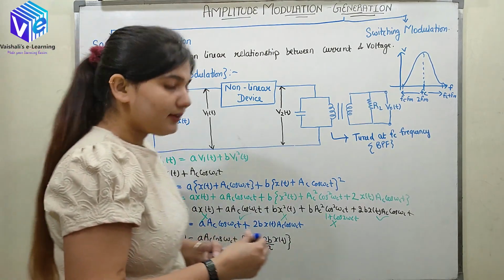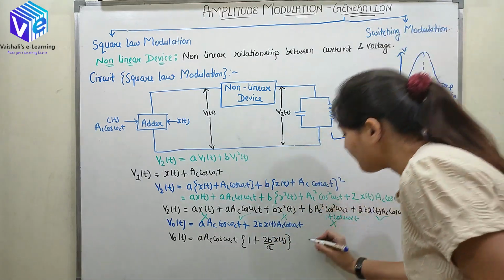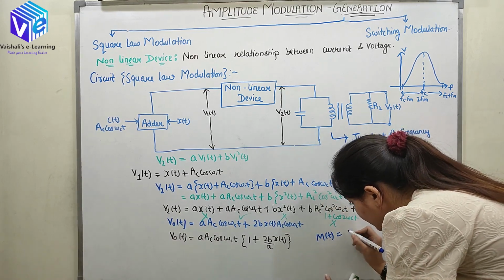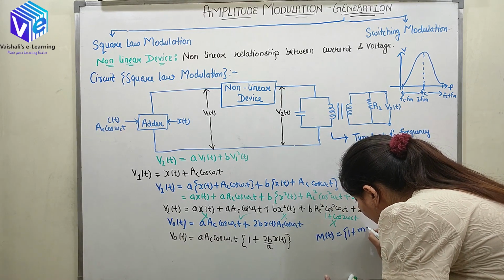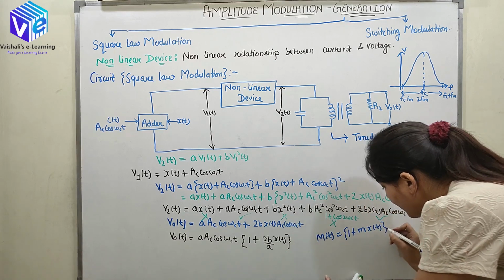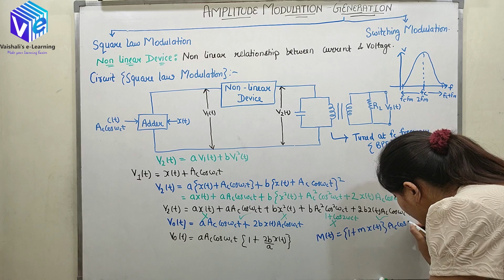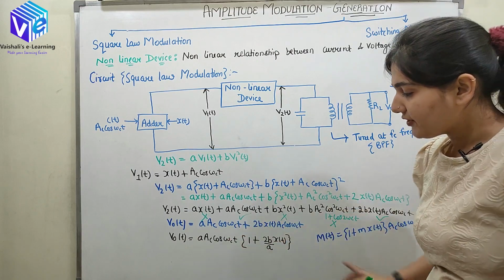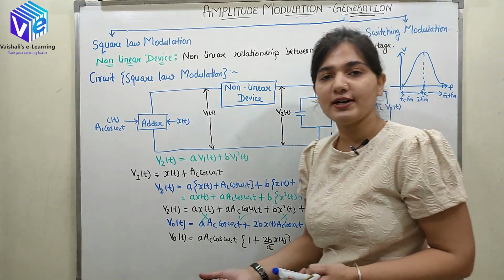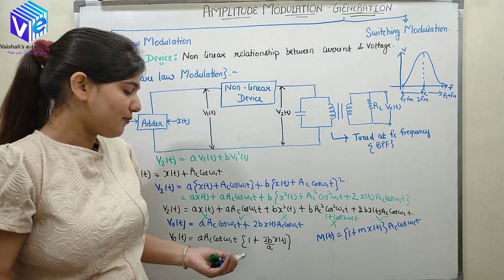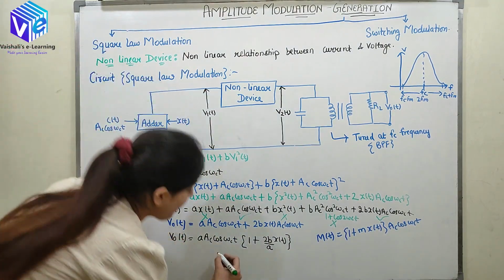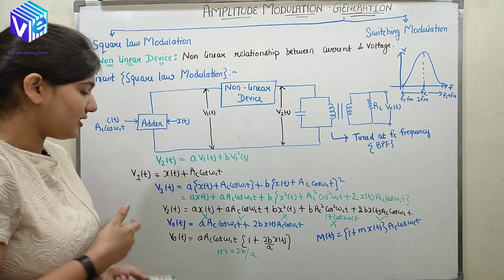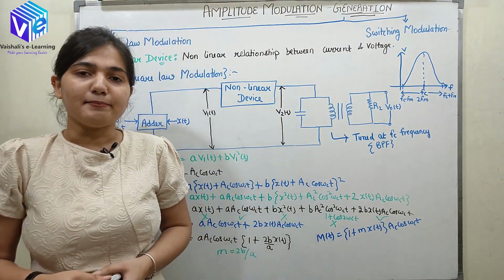So if I remember the standard equation for amplitude modulation, so modulated signal is represented like 1 plus m of xt, I hope you remember this, into AC cos omega ct. So now if I compare it with V output T, I have the same signal. So this is my amplitude modulated signal. So now I hope you can see what is the modulation index. The modulation index m is given by 2b upon a. So now this is my modulation index for this amplitude modulated signal.